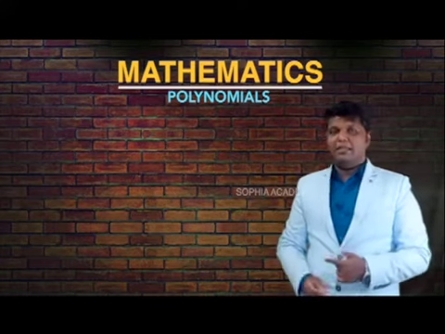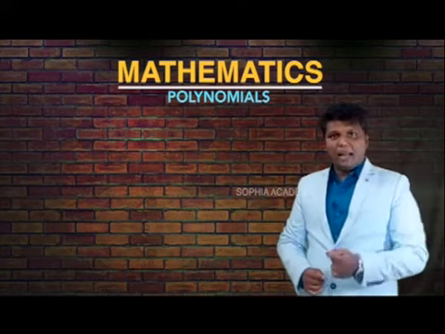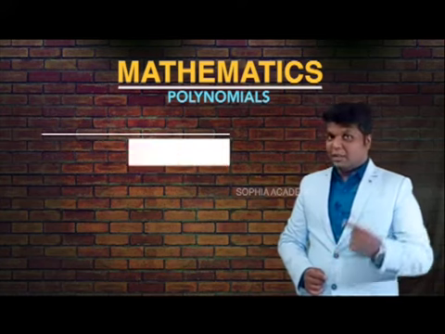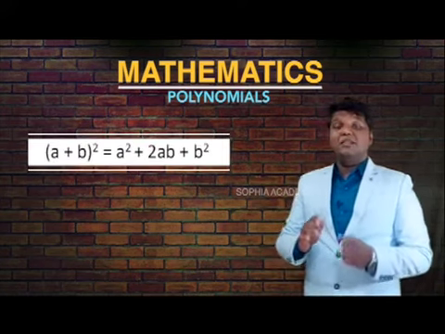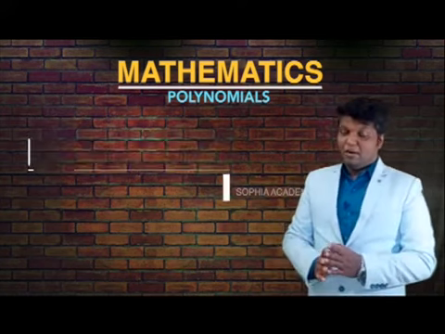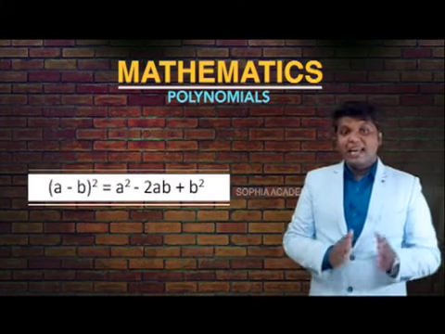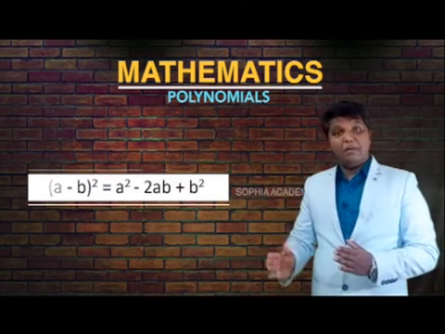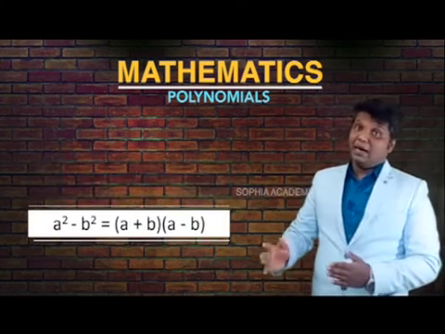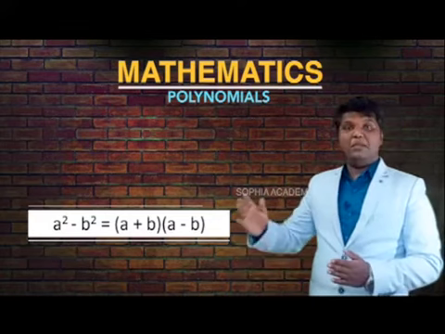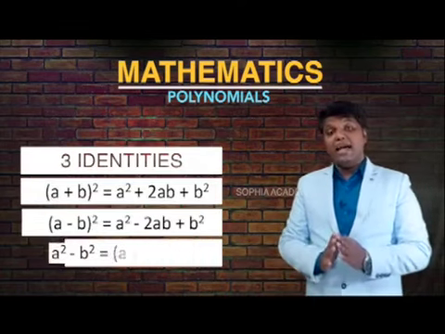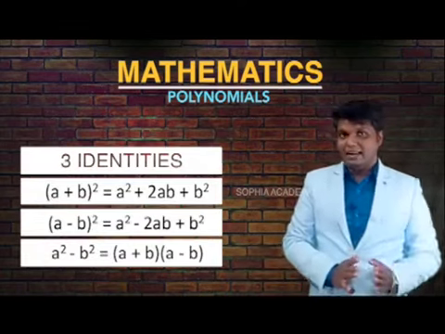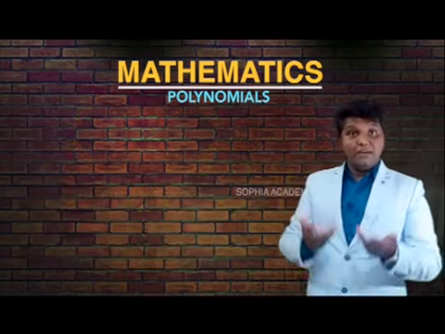Let me remind you something. We have studied a plus b the whole square. What was a plus b the whole square? a square plus 2ab plus b square. What about a minus b the whole square? a square minus 2ab plus b square. And a square minus b square, that was a plus b into a minus b. These are the three identities which we studied in our 8th class,